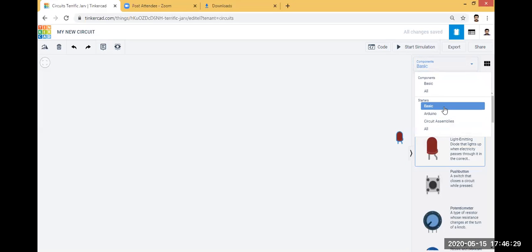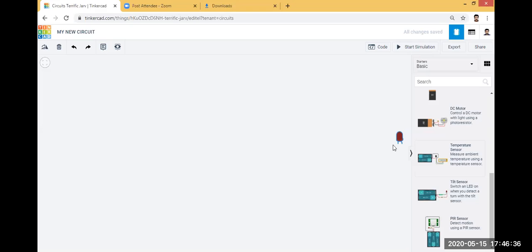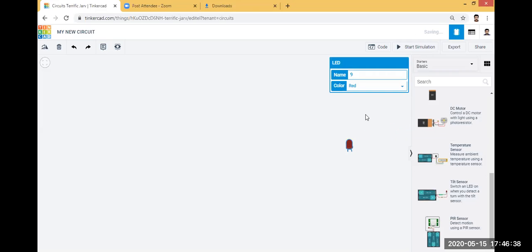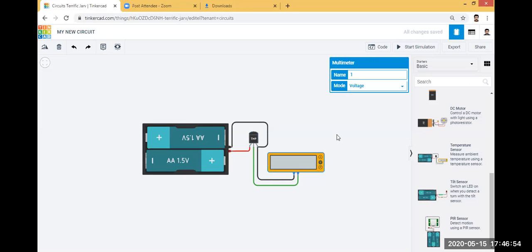Again, I will go to the starter basic, then here, temperature sensor. Here you can see this circuit consists of two AA batteries, then the temperature sensor TMP36, and then a multimeter.